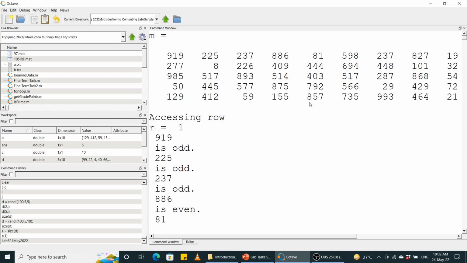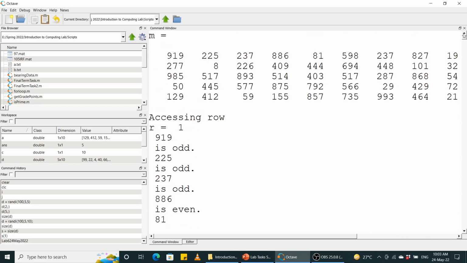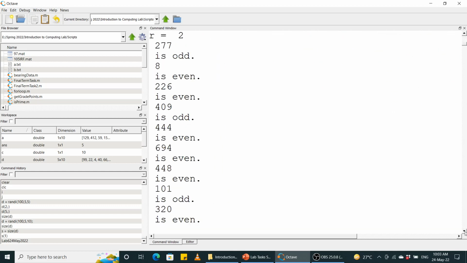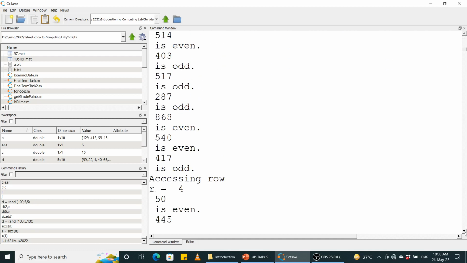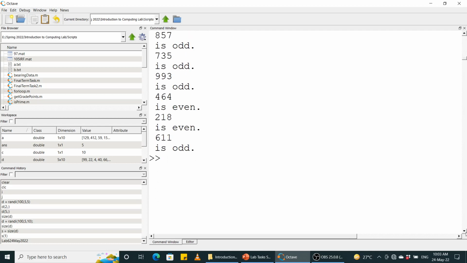जब आप इस कोड को रन कर लेते हैं, so this is the matrix M, ठीक है। मैट्रिक्स M को हमने प्रिंट किया ताकि पता लगे कि मैट्रिक्स M में पहली रो में कौन से एलिमेंट्स हैं, दूसरी रो में, तीसरी रो में। Now first of all we see accessing row number 1। सो पहले हम रो नंबर 1 को एक्सेस करते हैं और उसके इंडिविजुअल एलिमेंट्स को चेक करते हैं for oddness and evenness, ठीक है। सो वो ये रो नंबर 1 को चेक करता है बारी बारी उसके तमाम एलिमेंट्स को, फिर we are accessing row number 2, ठीक है। सो रो नंबर 2 का पहला एलिमेंट is 277, then 8, 226। तो बारी बारी इन तमाम एलिमेंट्स को चेक किया जाता है for odd and evenness। फिर रो नंबर 3, रो नंबर 4, रो नंबर 5, ठीक है, and then that's it, ठीक है।